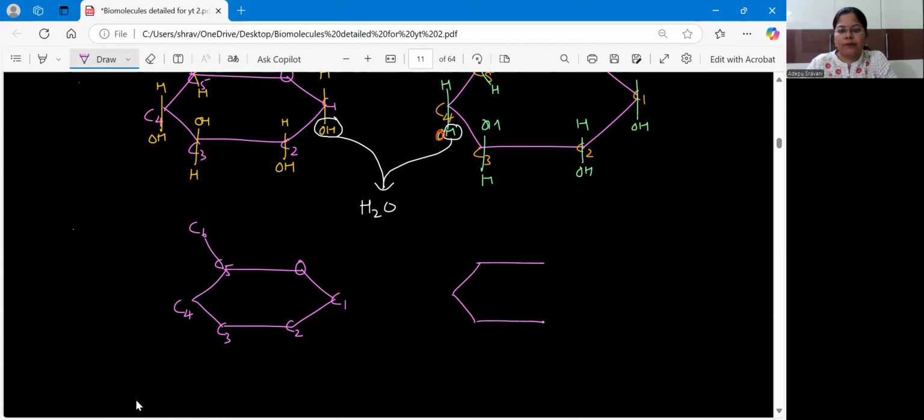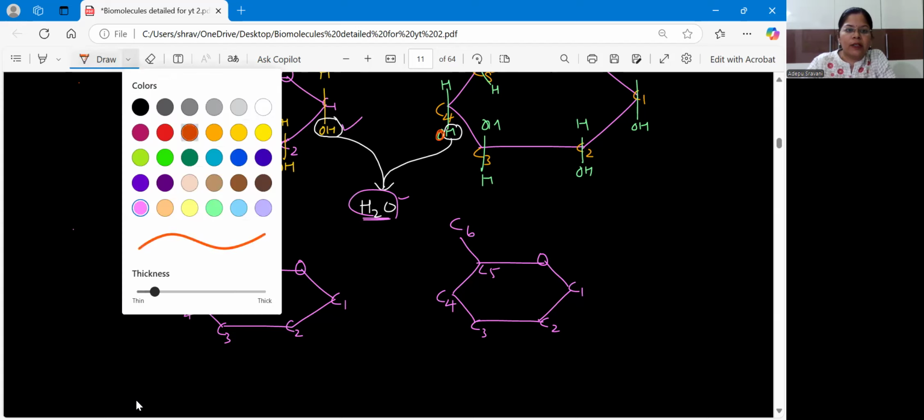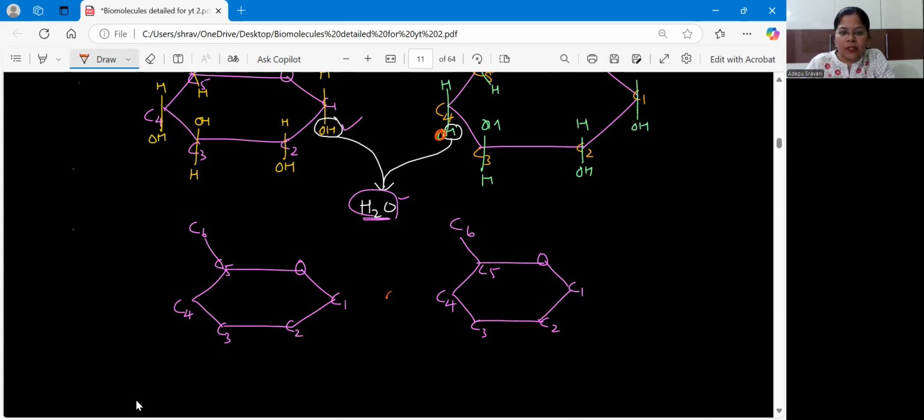Similarly, oxygen, C1, C2, C3, C4, C5, and C6. Okay. Now here, if you see, I have removed OH of C1 and H of C4, and it is removed in the form of water molecule. And what we are left with here is the oxygen. Now this oxygen will be binding the two alpha glucose units. Okay. And this bond, what we get is our glycosidic